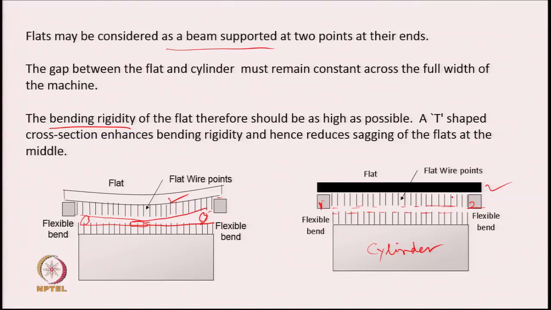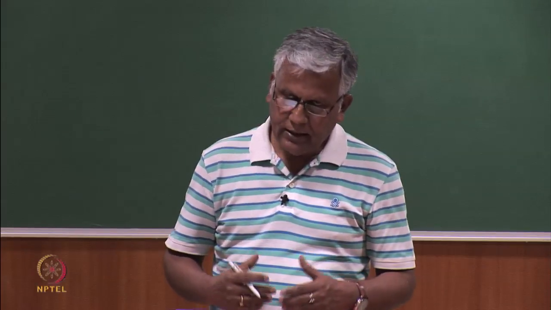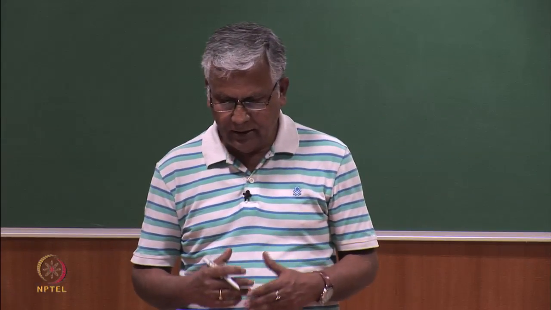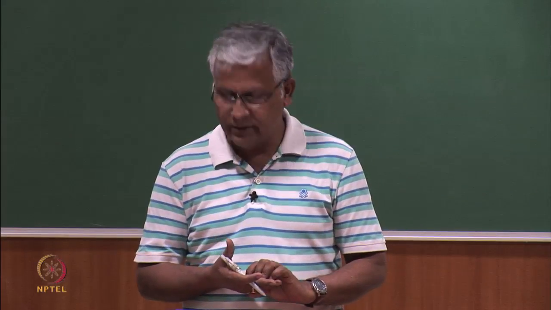So, therefore, we go for T shaped cross sections of the flat. From here we go to the next slide. So, what are the functions of the flats now? We know these flats and the cylinder wire points are the two wire points which participate in carding action,